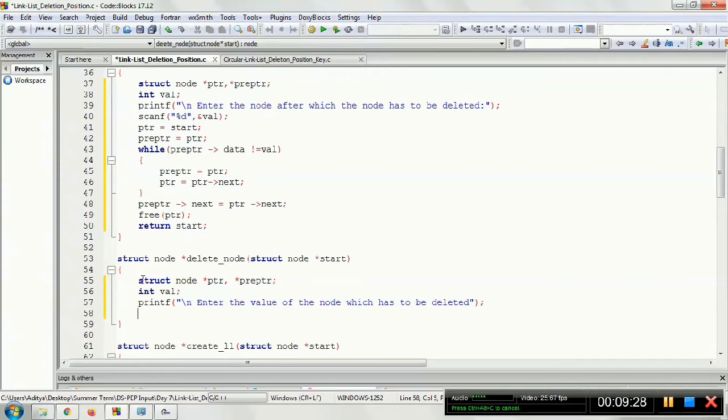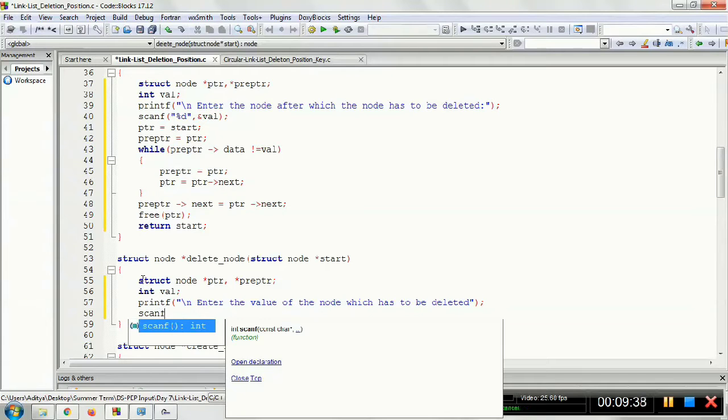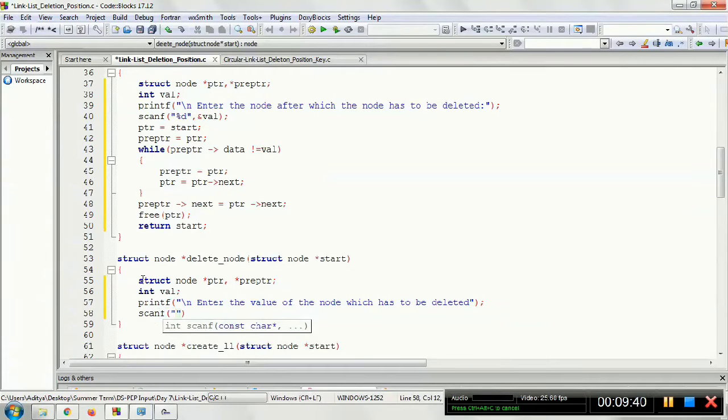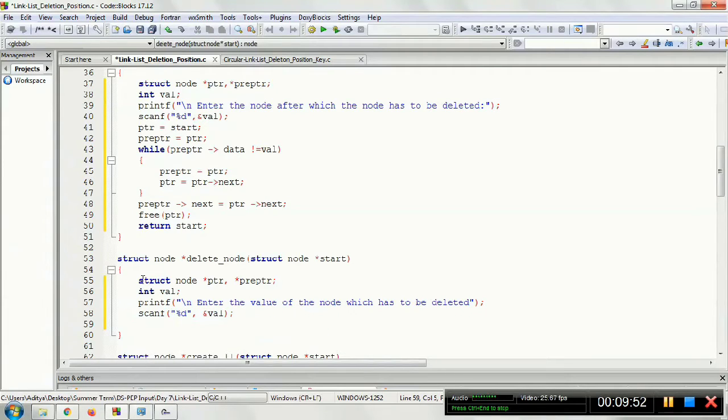Enter the value of the node which has to be deleted. Simple now. After this, scan the value. You have to scan that particular value that you want to delete. Once you have scanned the value, the same idea would be there, but this time we'll try one thing.